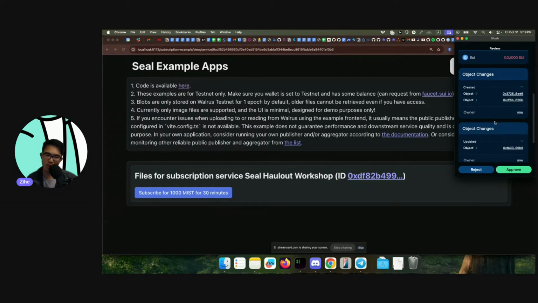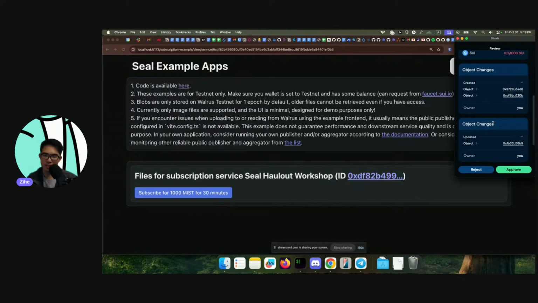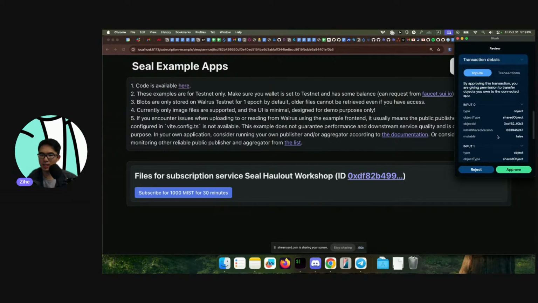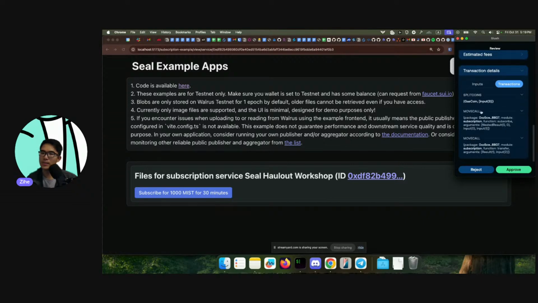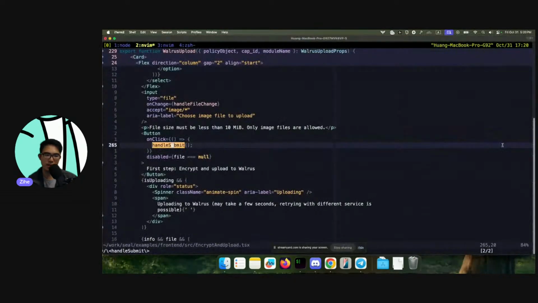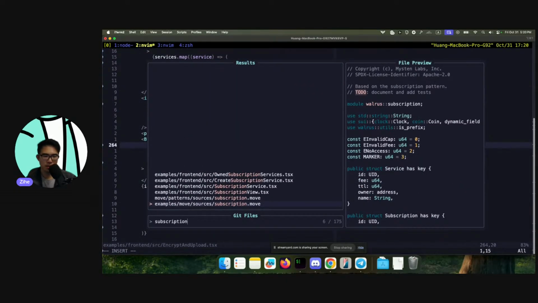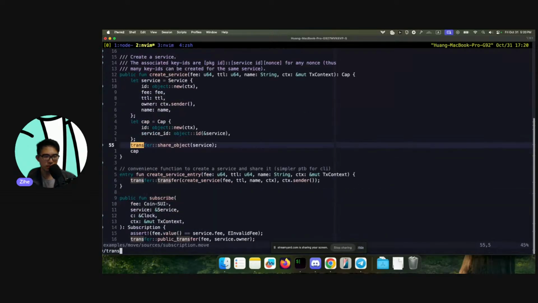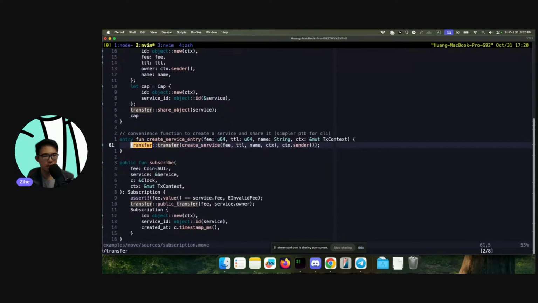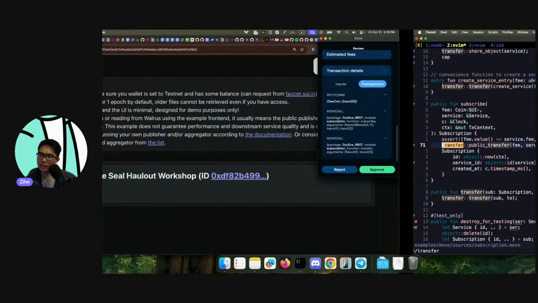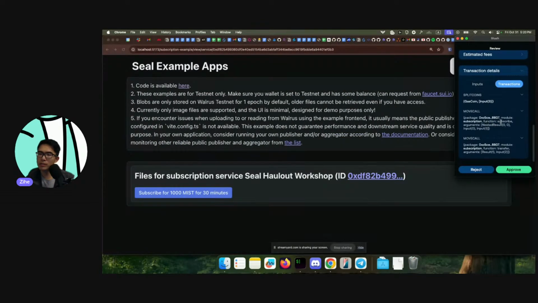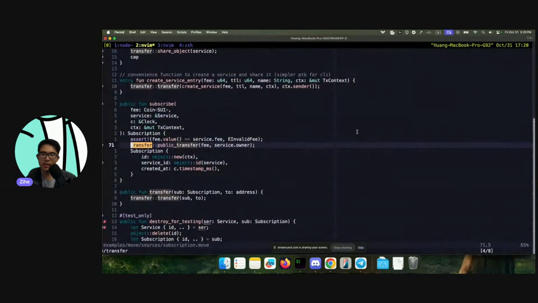In real life, you might need to tweak the numbers here a little bit. So let's see what it's actually doing here. It is calling the transfer function here. Let's go take a look at how this function is defined. In here, we have the example Move. Actually, let's see, what is this calling? Oh, sorry. It's calling the subscribe function, and then it's transferring the